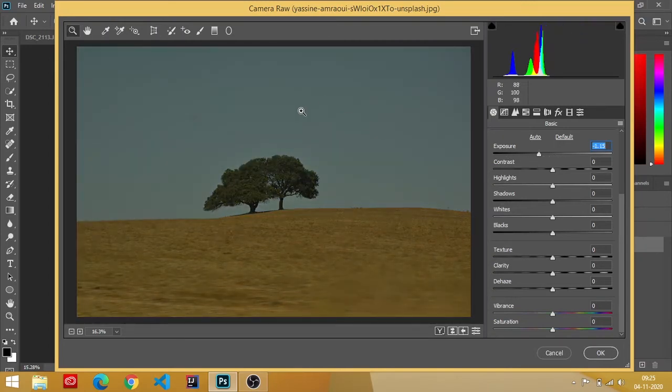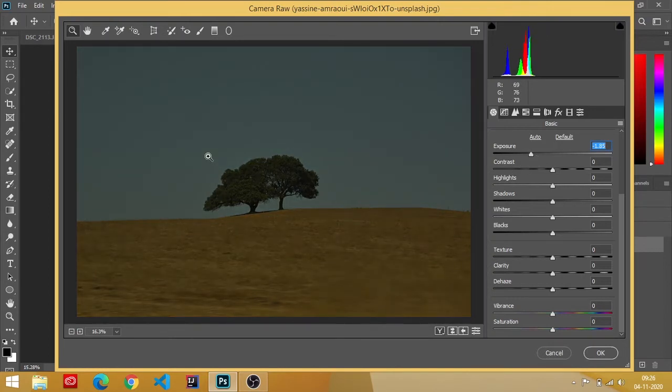I think if I change this sky to night, evening, and here I can put a moon. Here it seems like evening, guys, and some lightning. I think it looks like evening. Day to night, guys. It's all about exposure.